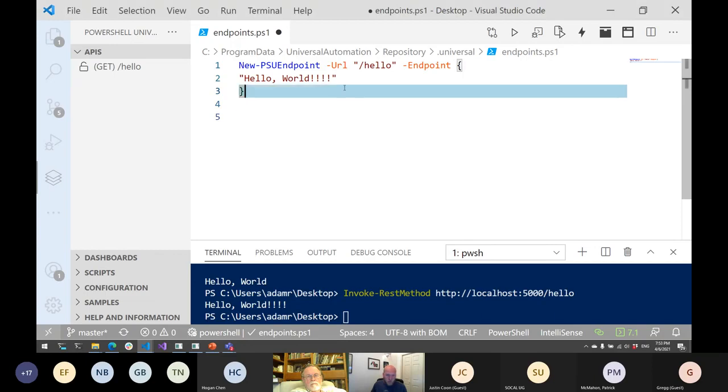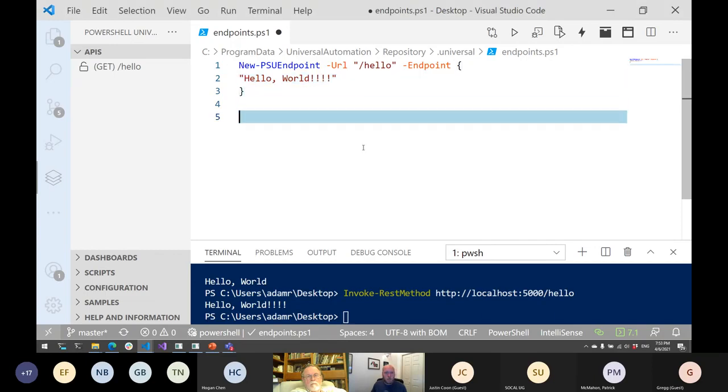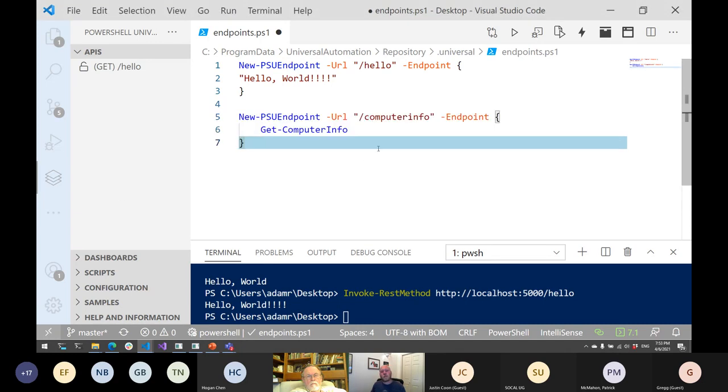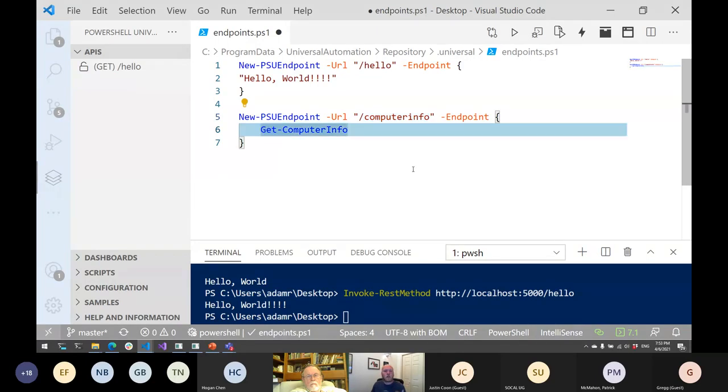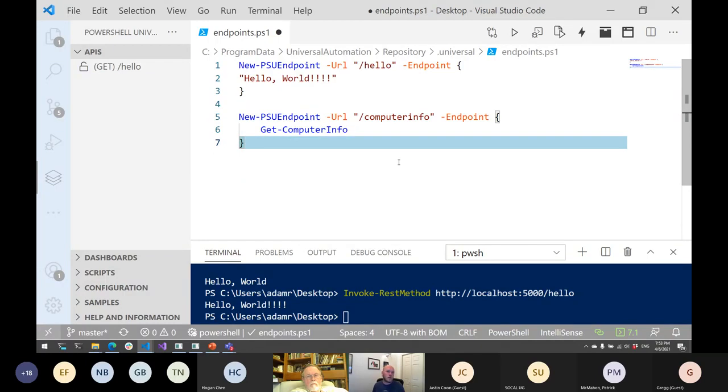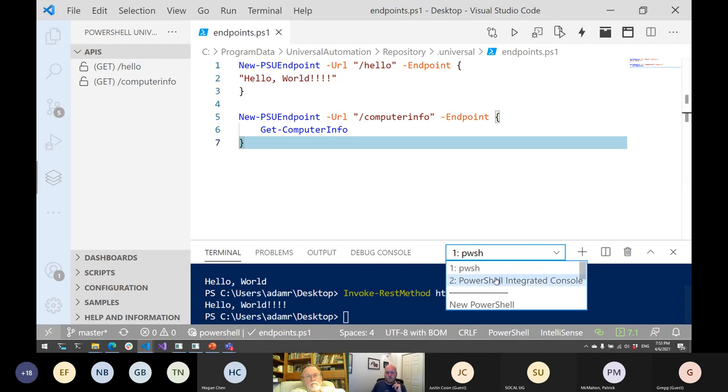So you may notice that right here I'm returning a string. But what's kind of cool about Universal is you can also return objects. So in this example, I'm adding a new URL, which is the computer info URL, and I'm calling Get-ComputerInfo, which is going to return an object that contains a bunch of information about my computer. So I can save that file. And if I come over to my APIs over here, you'll see that computer info now shows up, and I can click insert invoke REST method to the console,